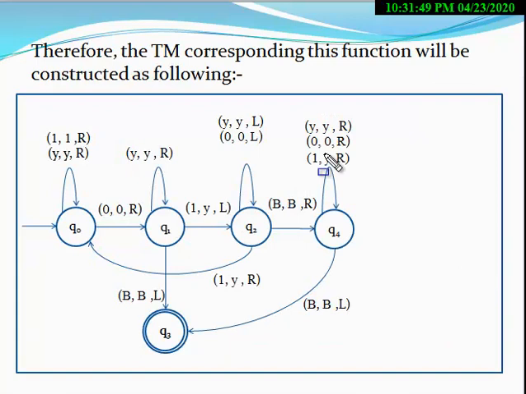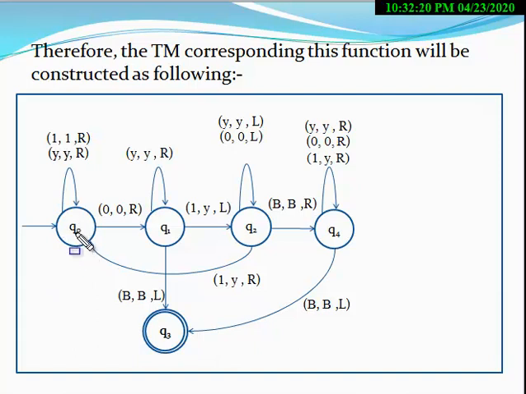Clearly the number of states which have been used is 5, Q0 to Q4, right? Q0 is considered as the initial state and Q3 is considered as the final state, right? Now first you have to start from the initial ID. Here Q0 is the initial ID. So you have to start from here.